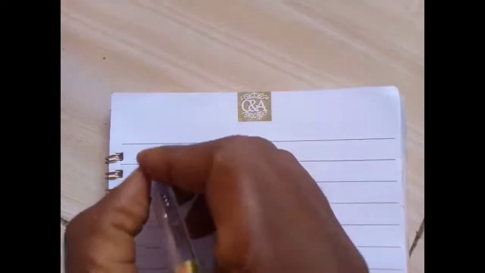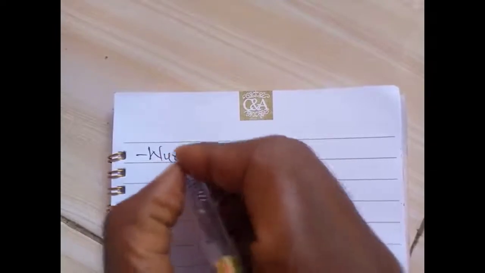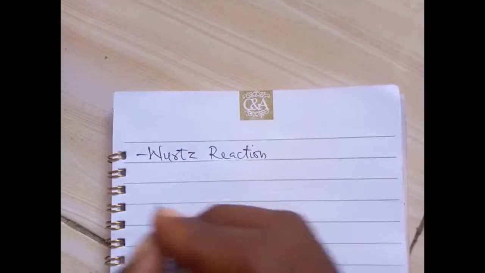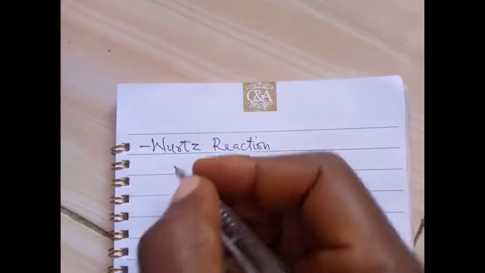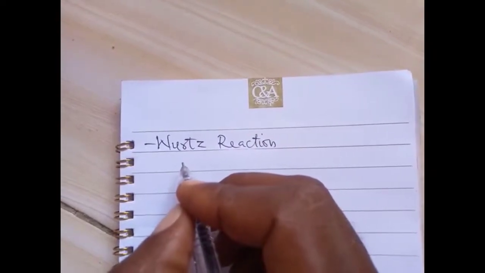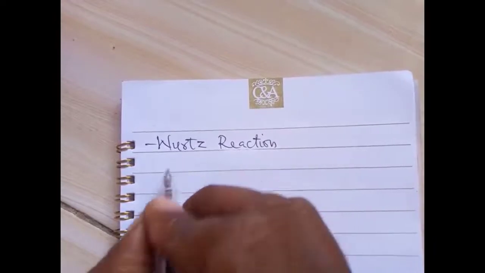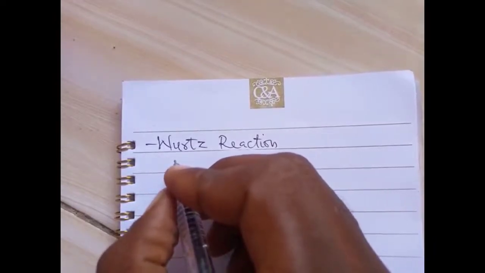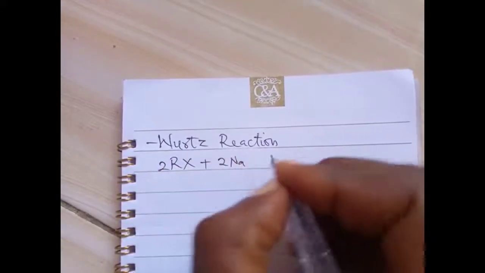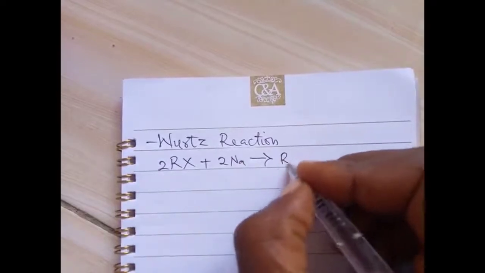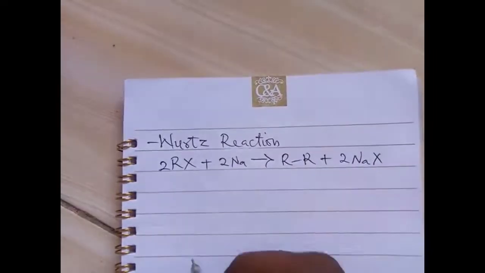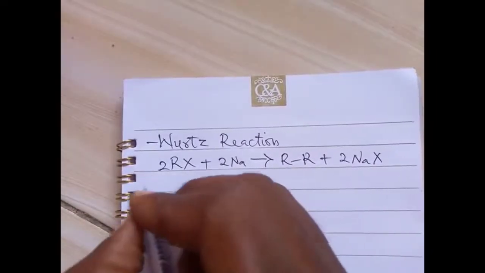Another one we have is what we call Wurtz reaction. Now, Wurtz reaction is actually a method of preparing alkane by treating a solution of alkyl halide with sodium. The alkyl halide we mean is especially bromide or iodide. Now, if we have this, what we're going to get is an alkane. An example is if we have,